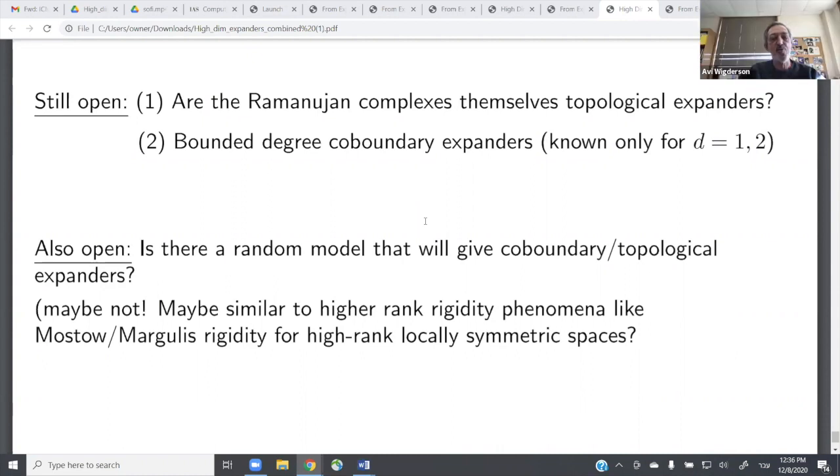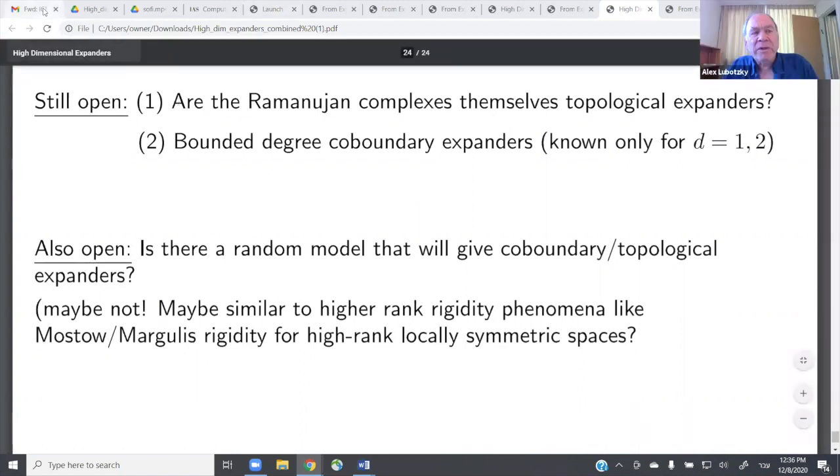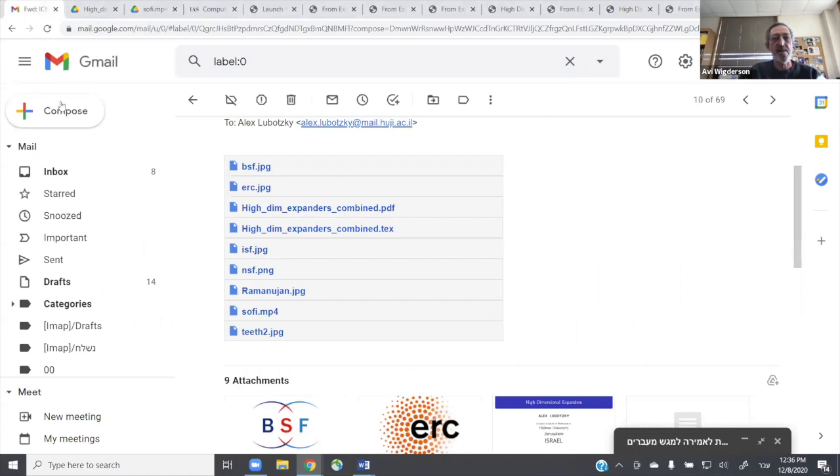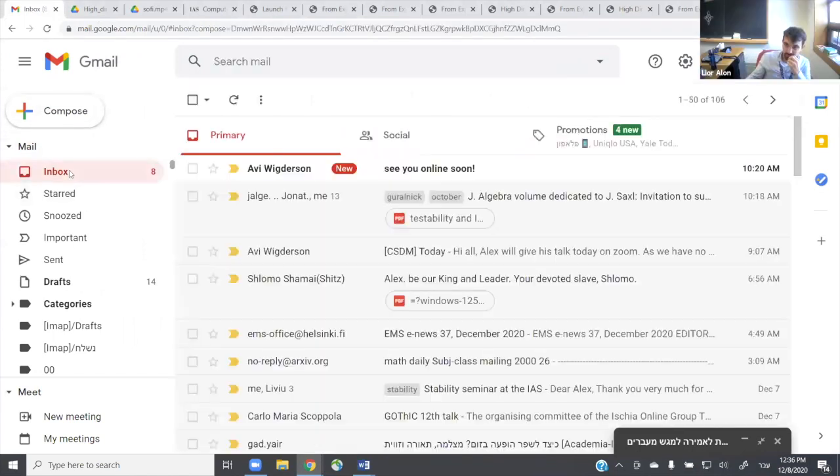Wait. Why is it too easy? I mean, if somebody came with a, it seems like a completely far. I guess that's what Leon is suggesting. I know you really want to see the arithmetic in there, but what your conjecture implies is that there are very few high-dimensional expanders, right? No, that's not what